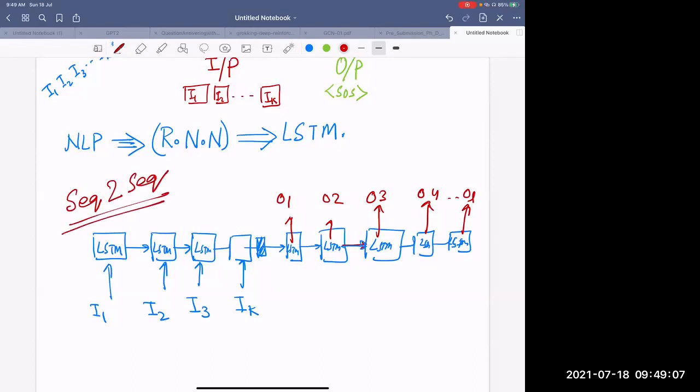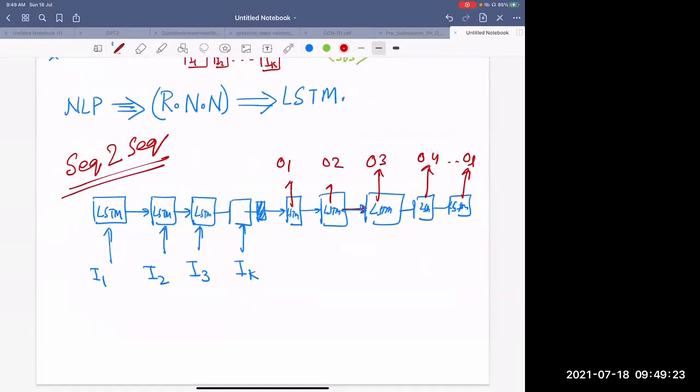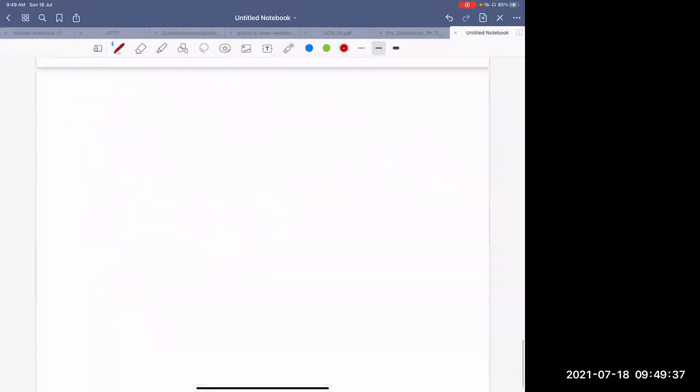In sequence to sequence modeling, there are too many applications, and one most important such application is language to language. Here you show Hindi and generate English, or vice versa, English to German, German to French, and whatever. These types of models we have already seen, but there are certain